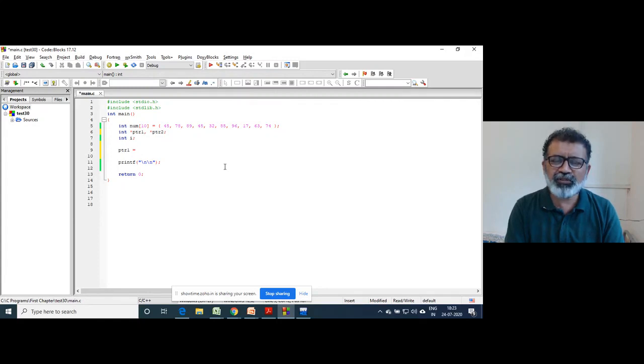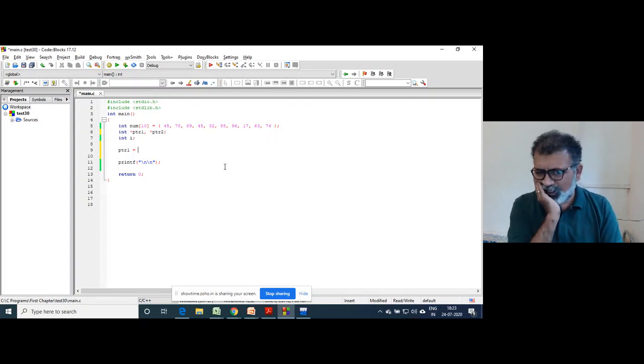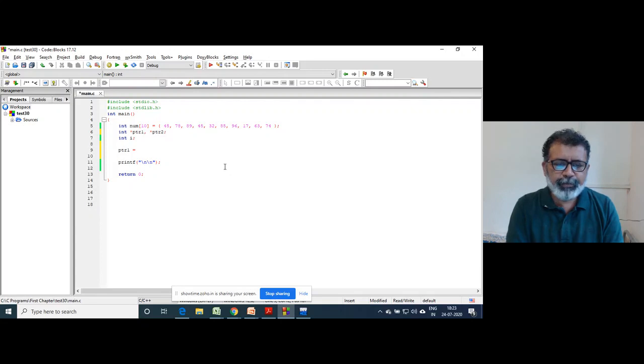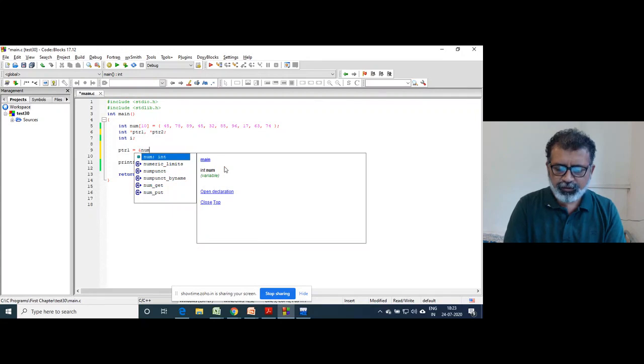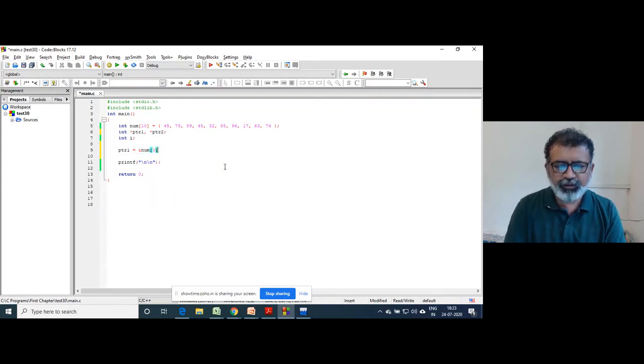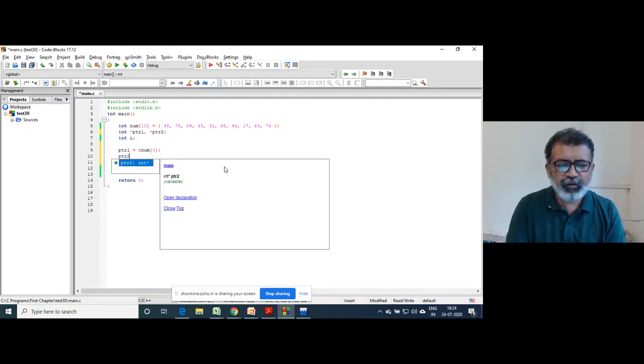I want to show you the comparison of pointers. There are many ways; I just thought of an idea to show it by printing the array. I will store the address of num0 in ptr1, and the address of the last element in ptr2.